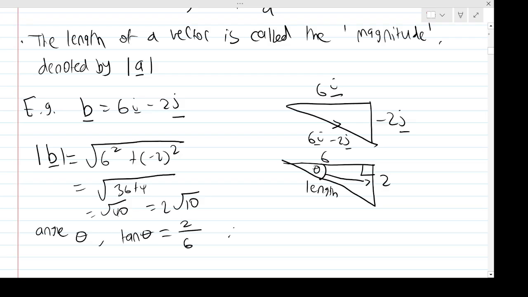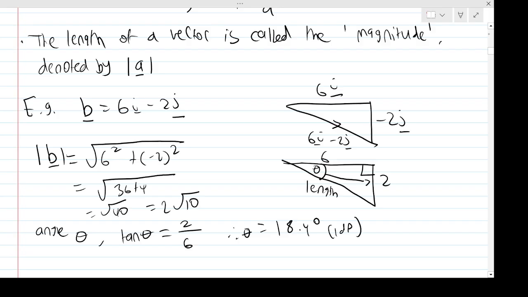So if we do inverse tan of 2 over 6, we get 18.4 degrees. Okay, so that's my trajectory, right? That's the angle it makes. And more specifically, to 1 decimal place,